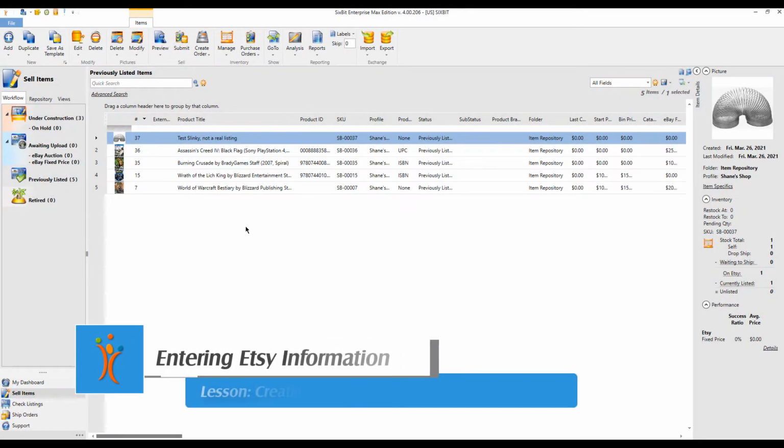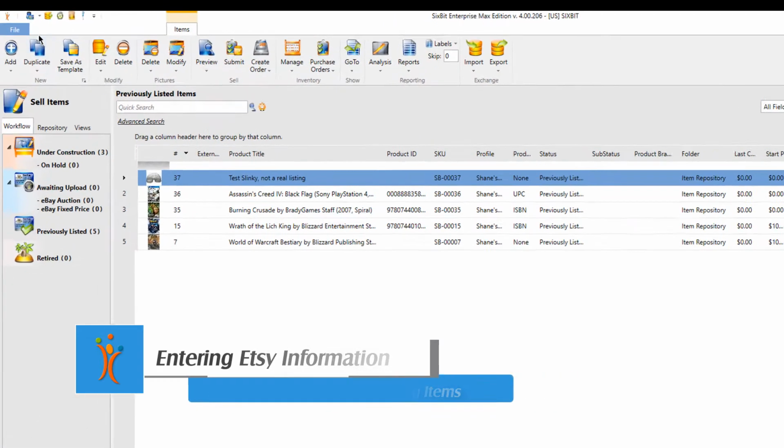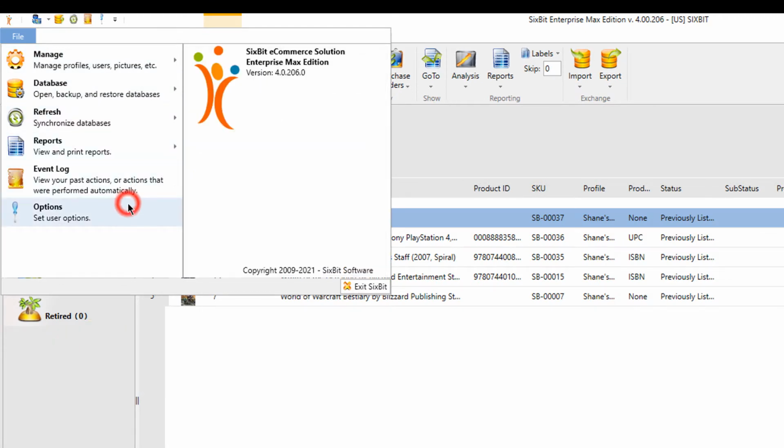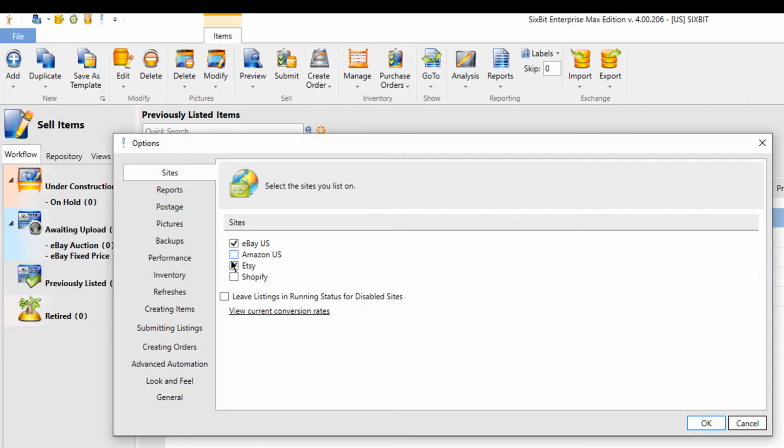SixBit software offers a convenient all-in-one solution to selling on Etsy. Before you are able to list on Etsy, you will need to activate Etsy as a selling site within SixBit. If you are only selling on Etsy, you will be able to select Etsy as the site option when installing SixBit. If you are selling on multiple selling sites, you will need to be subscribed to the Enterprise Duo edition